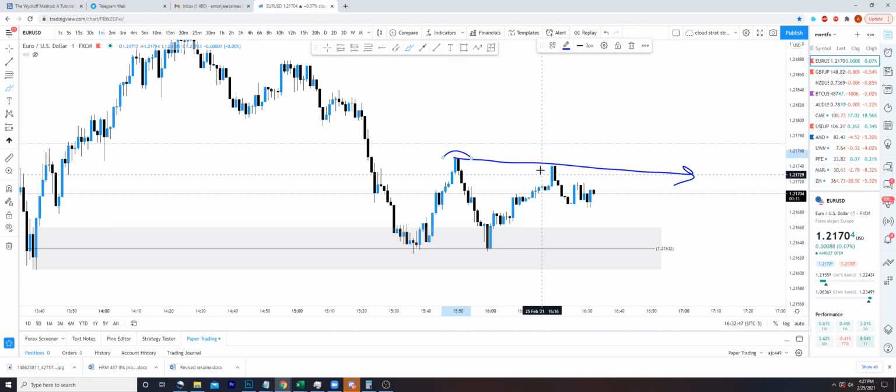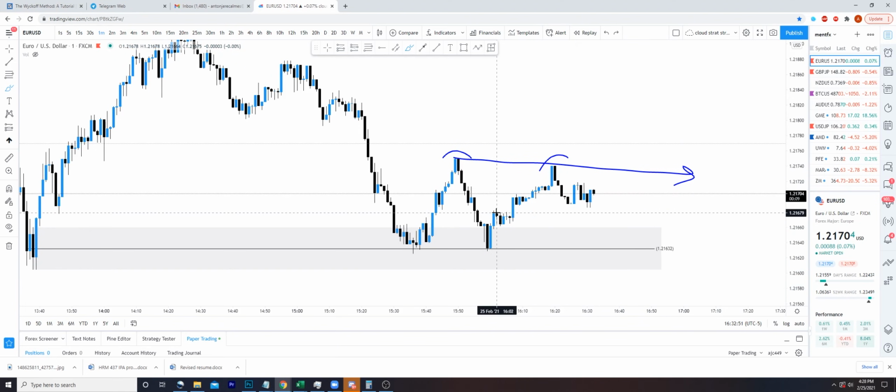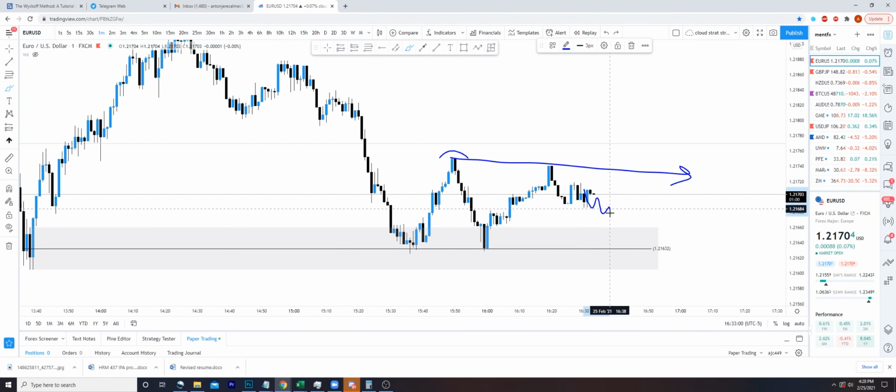So again, there's going to be people that are trying to sell this or maybe looking to sell this. And again, price could just break down, but this is why we use confirmation. Now this area here is going to actually focus, actually just looking at it, it looks like something is already starting to occur. And if I was to see this breakdown in more of a schematic type of format and tap into some order blocks down here, then this would actually function as a really nice entry for me